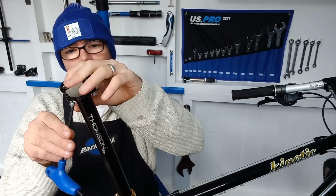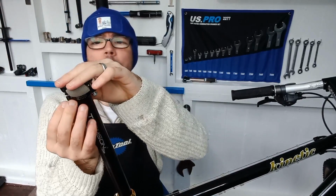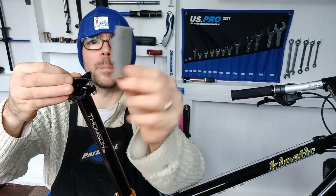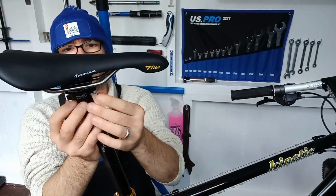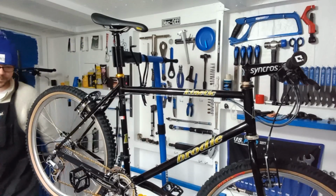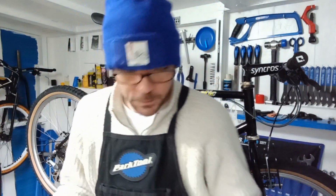Fit the saddle on the bike. Oh, a little bit of foam. Wow, that is just about done. I'm going to give the bike a full-on polish up, buff it, make sure it's all spot on. Final tweaks, go around with the torque wrench, give everything a tweak up and stuff like that. And then